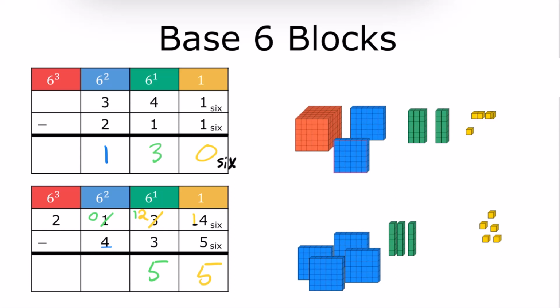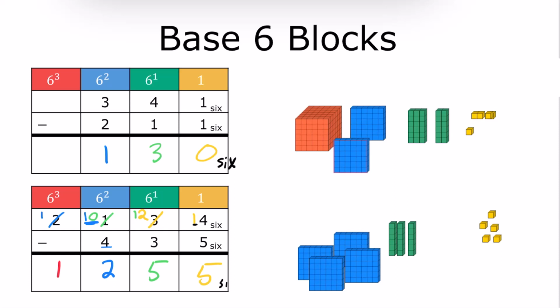And the way that I would write this out is I'd say, well, I borrowed one of my 6 cubed blocks and exchanged it for 6 36 blocks. And 6 minus 4 equals 2. Because remember, this number in base 6 is the number 6. And then for my last step, if I have 1 216 block minus nothing, that's just going to be 1. And so my answer is